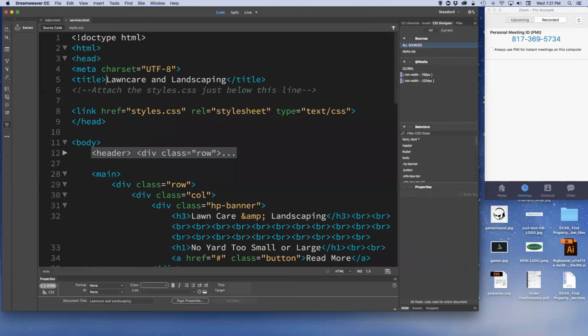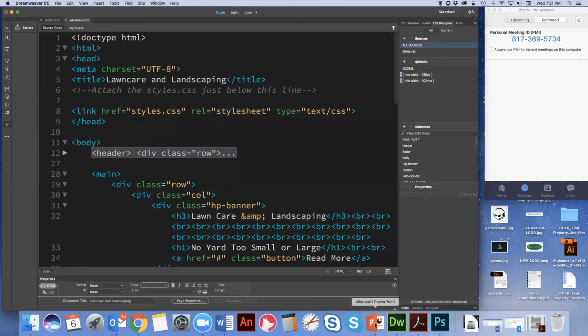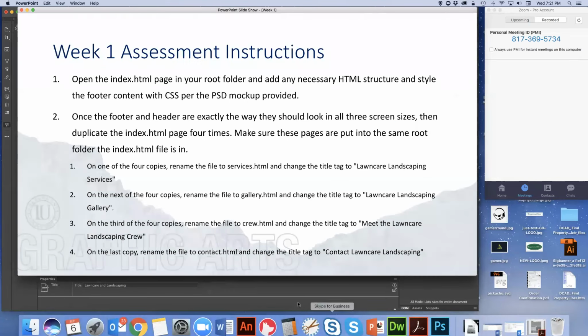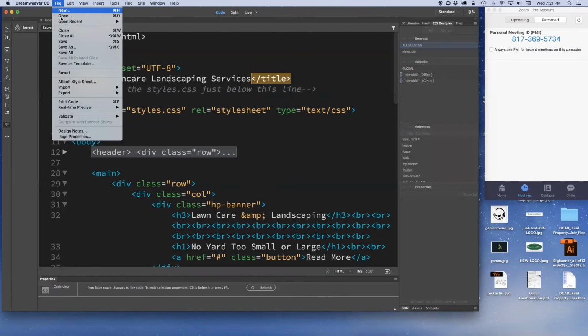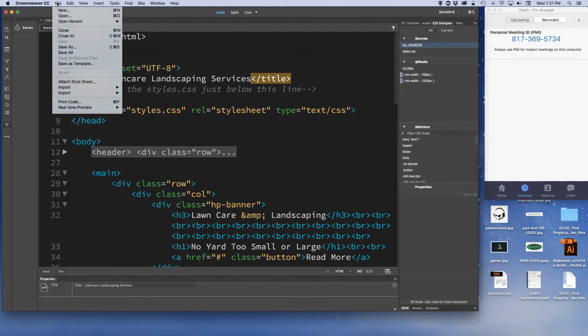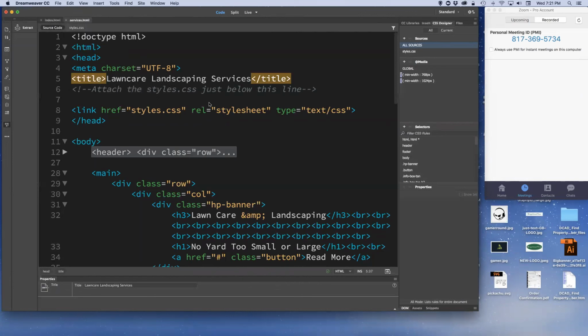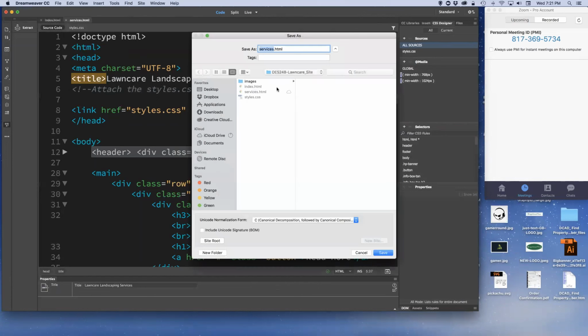So right here in your title tag, Lawn Care Landscaping Services. File, save all, file, save as, and next up is your